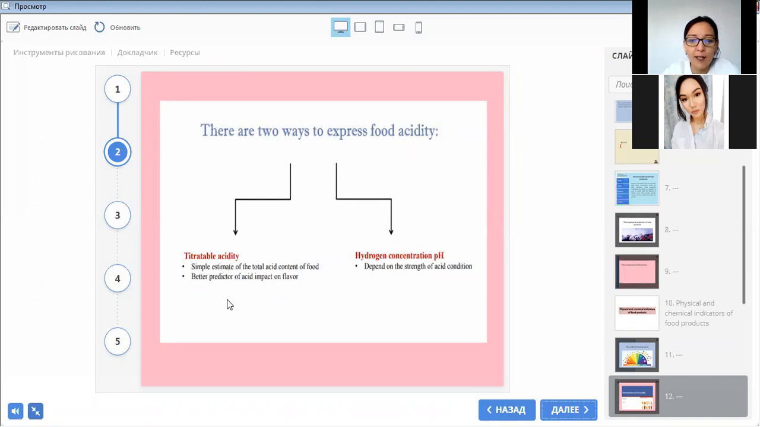Titratable acidity is a simple estimate of the total acid content of food, and the best predictor of the acid's impact on flavor. And the pH, hydrogen concentration, is dependent on the strength of acid conditions. And the next,